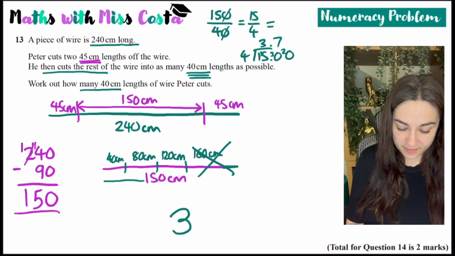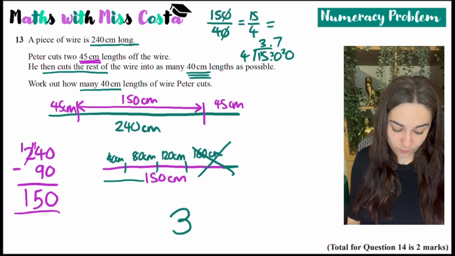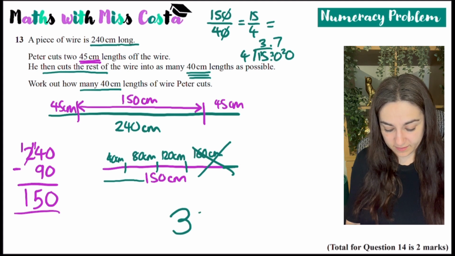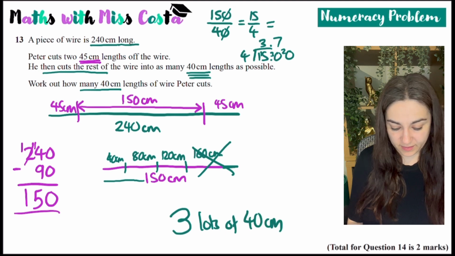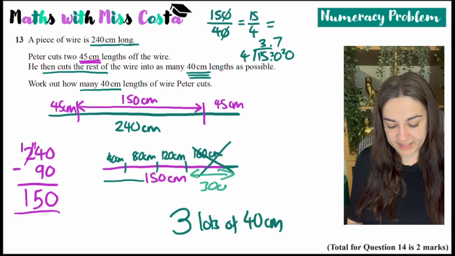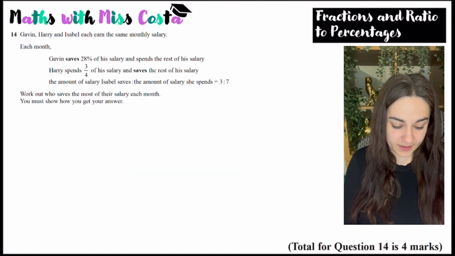So full length means the full 40 centimetres. So therefore he can only cut 3 lots of 40 centimetres. He'd be left with a stray bit of 30 centimetres at the end. Okay,